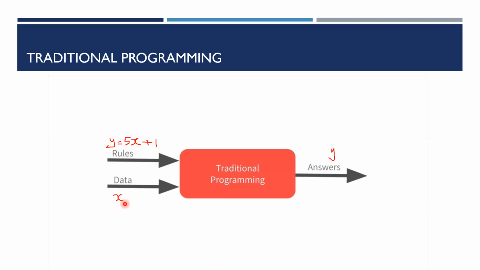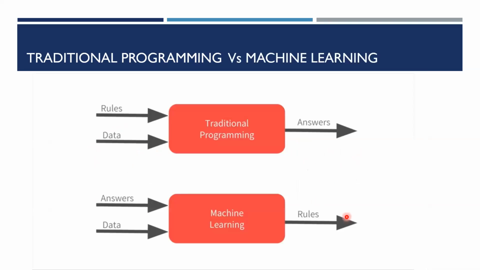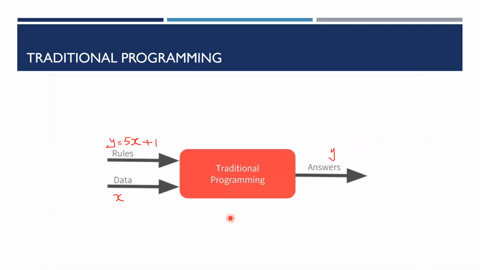So you have the data, maybe given as a local variable or a global variable, or in files or in a database, and then you have the programs written, some of these rules, some of the code, and then you get the answers. This is what you normally follow in traditional programming. But machine learning is totally different. So this is traditional programming, where rules and data are input and you get the answers, as I just mentioned earlier. So in the previous case, if you give 2, what will be the output that you get?